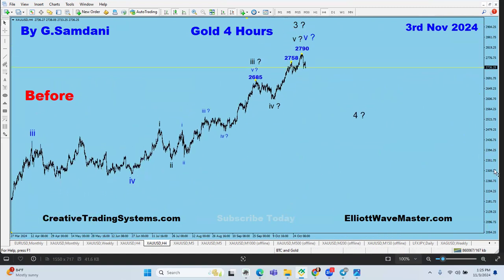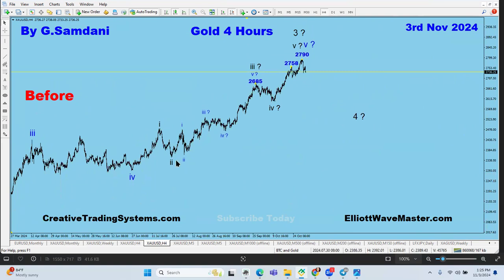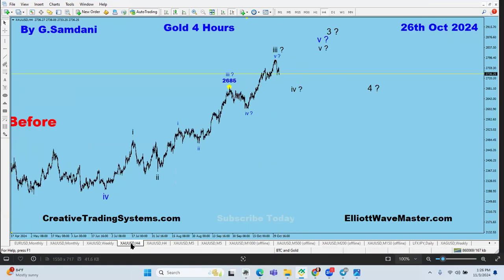So we will see that later, right? But the 1, 2, 3, 4, 5 is finished. Not numeric, sorry. This is a Roman count, right? And wave 3 ended, so wave 4. This is one version that we ended wave 3 here. There's another version that no, we have not finished that just yet. This is wave 3 of a new Roman count. We're going to drop for wave 4. Then we're going to go back up for wave 5 of this wave 3. We'll end here, and then we're going to drop. So either way, right now we're dropping either for this wave 4 or this wave 4. Doesn't matter. We are dropping right now, right?